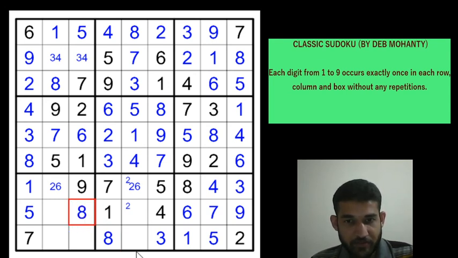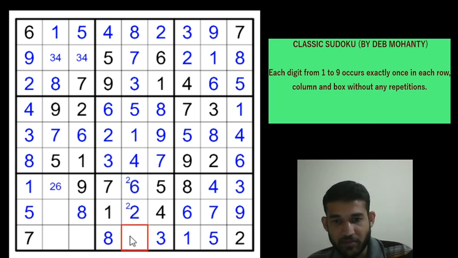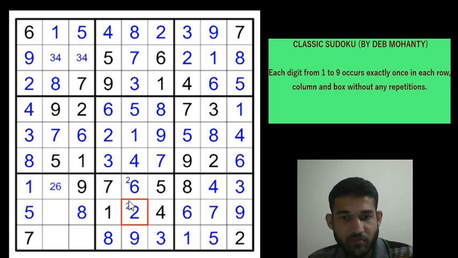That will be here. 1, 7, 8, 3, 4, 5 have been placed in box 8. 2, 6 and 9 are yet to be placed, but 6 and 9 are in row 8, sorry. So this will be a 2. This will be a 6 and this will be a 9. Sorry. I'll remove the corner pencil marks from there.